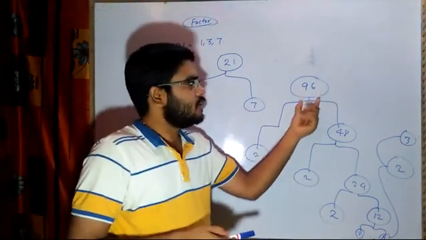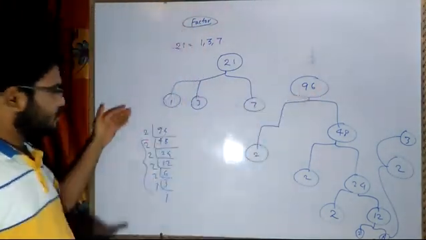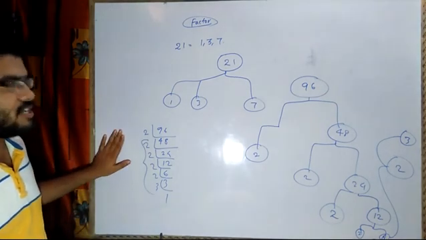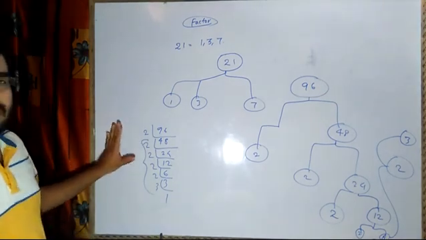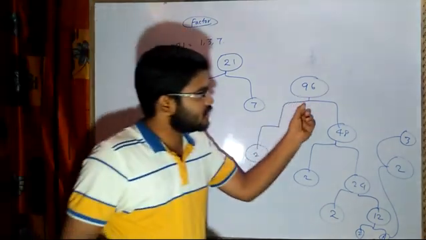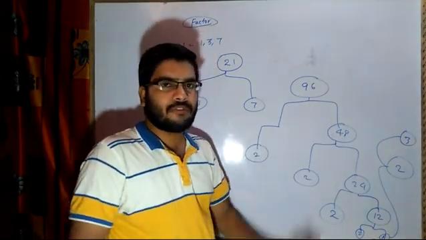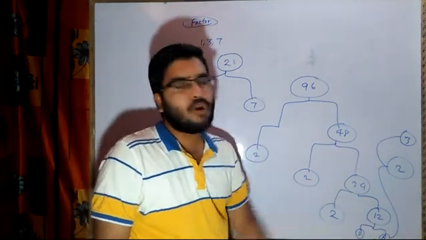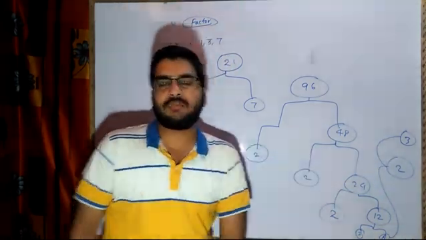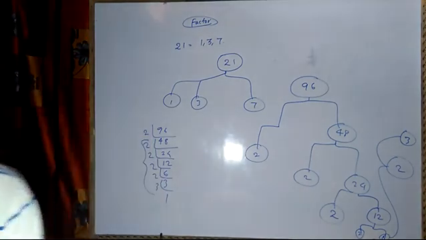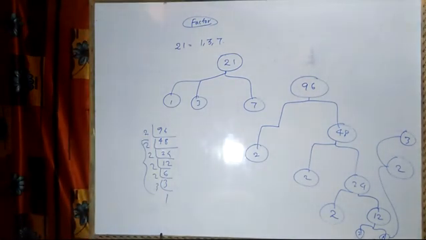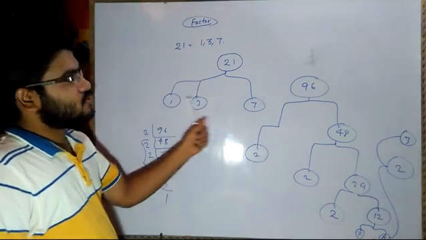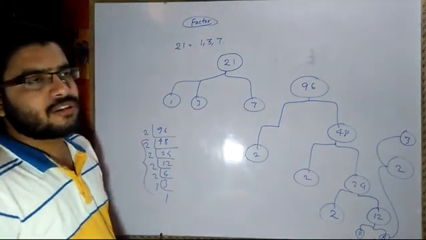That means further this number will be divided, using prime factorization. First of all we will calculate the factors of the number, then this 96, 2 and 48 are one of the factors, again 48 will be divided, and so on it will go up to the last number, that is a prime number, 3, 2, whatever it will come, whatever suits there. So what are the factors? You have to just fill in the circles as it is given in your exercise.